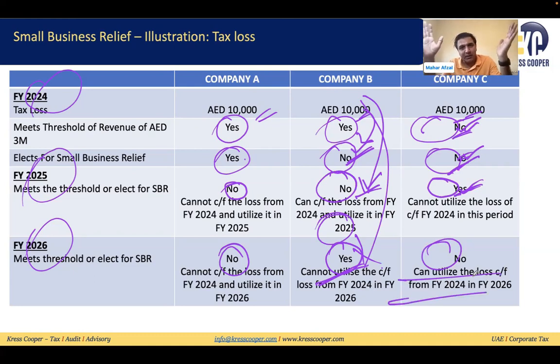The objective is, I told you very clearly, the period in which you are setting, for that period, if you are opting for a small business relief, in that period, you cannot adjust any loss, any interest of the previous tax period. And for this tax period, if there is any loss or any interest, you cannot carry forward. Simple rule. Previous period, the period in which you have not opted for the small business relief, and the next period you are not opting for the small business relief, yes, you can carry forward the losses, you can adjust the losses, and you can utilize the losses and interest as well. Simple.